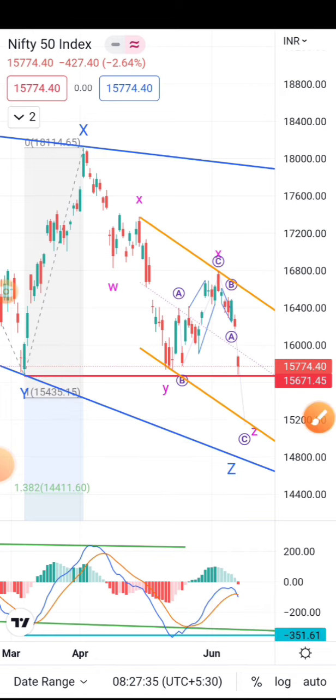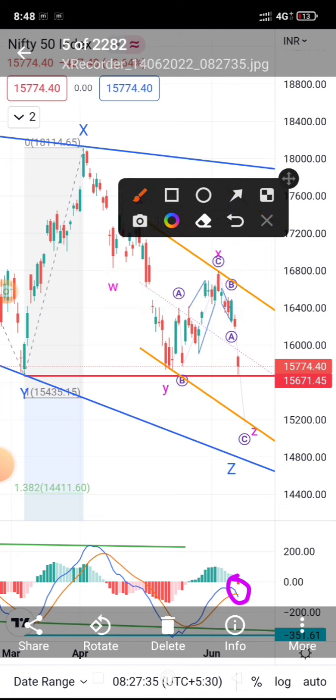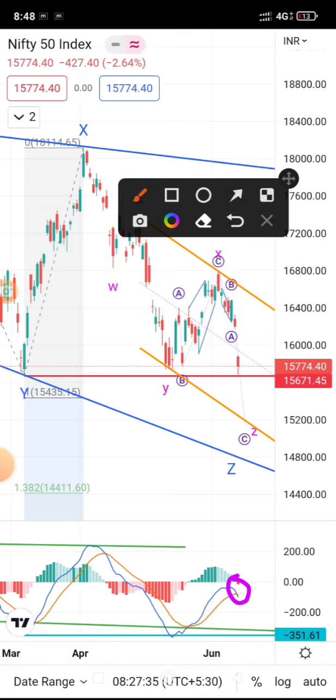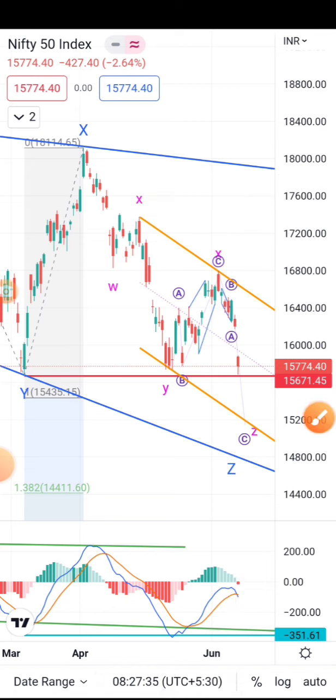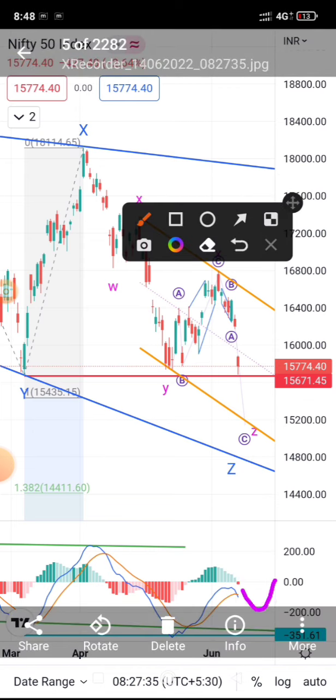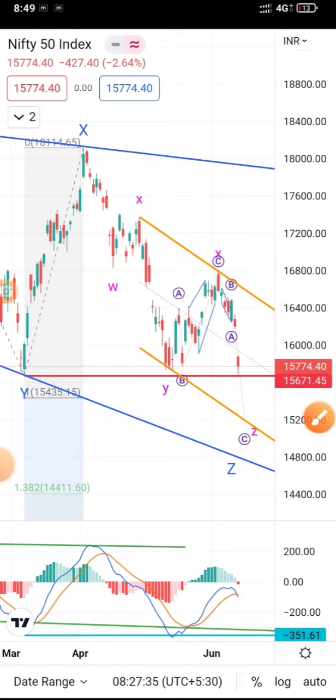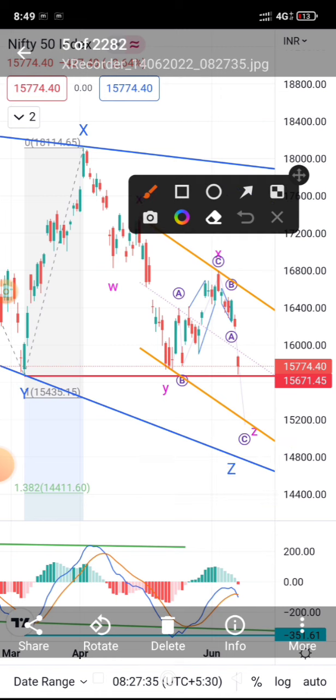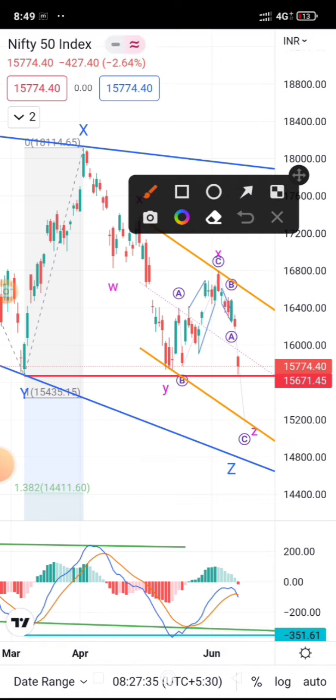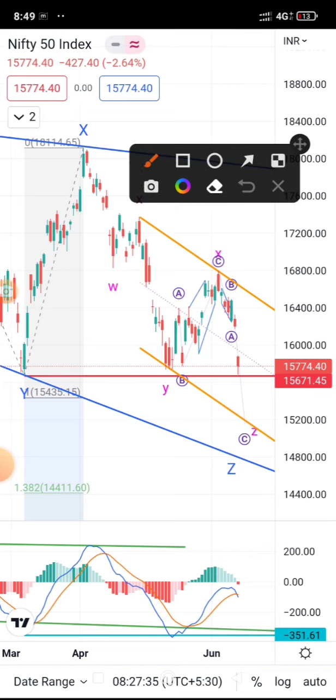So here you can see MACD has given a red signal. Okay, so the MACD crossover has been confirmed, so the bearish bias is still there. Now what MACD can do is go like this and turn like this, creating a positive divergence. Here the price will make a fresh low, so that will indicate a momentum loss, but don't hurry yet. It can even drop further on the downside, but we should be prepared that MACD has lost momentum, meaning MACD is not falling as low as the price, so that indicates there could be a potential reversal coming in. So yeah, we have to be ready, and what I'm expecting is we are currently in a Z wave,